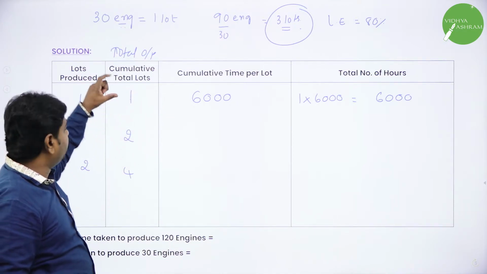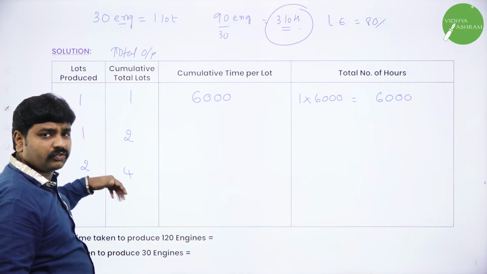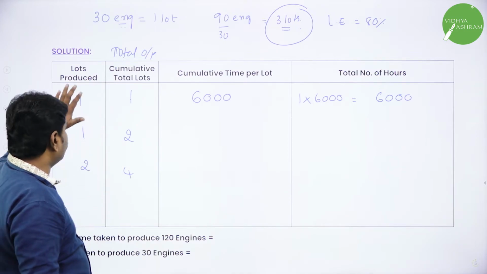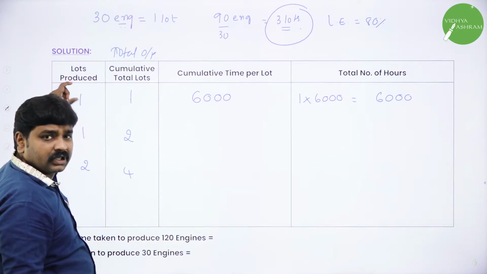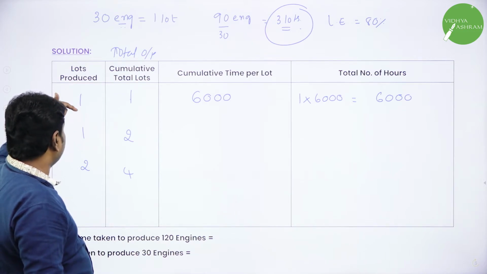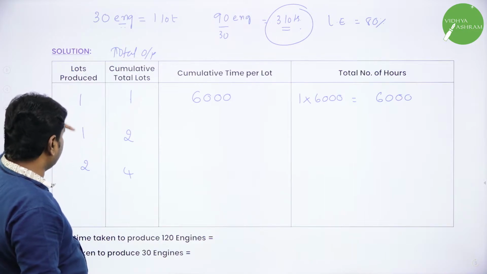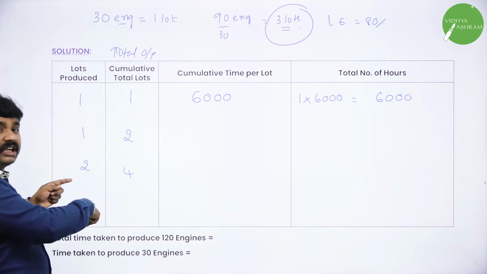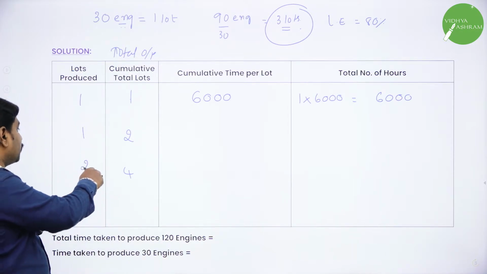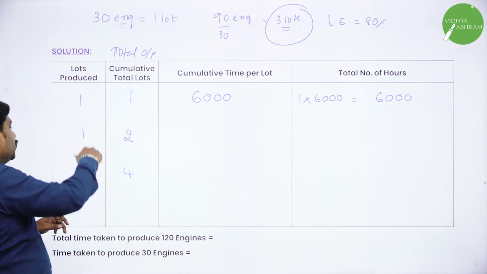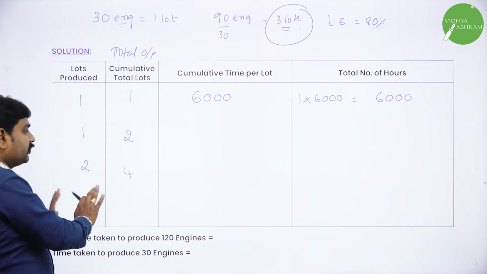Just double it. First fill 1, 1 2s are 2, 2 2s are 4, enough. Then how to fill the first column? Start with 1. Then what is above? That you add and write. Above, 1 is there, put 1. And now we have 1 and 1. 1 and 1 if you add, you will get 2. What will the next entry be? It will be the sum of all the above: 2 plus 1 plus 1, that is 4. But we don't want it, we will stop.